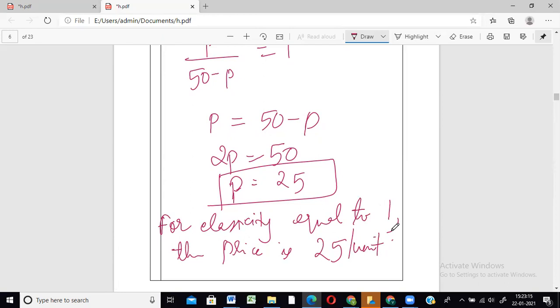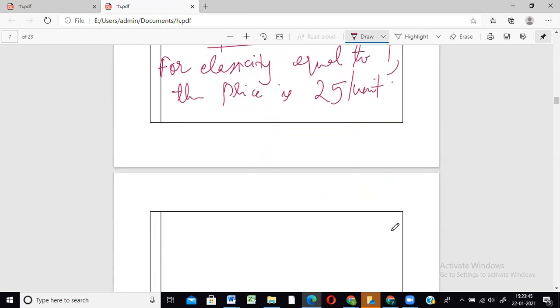Okay, so in this question, it is very simple, but it's just divided into three different parts. First, they told you to write elasticity of demand with respect to price. That equation they told you to find out. Then second, they specifically gave you 2 points, 10 and 30. At those two prices find the elasticity of demand and interpret your results. And the third one was, when elasticity of demand is equal to 1, you find out the price.